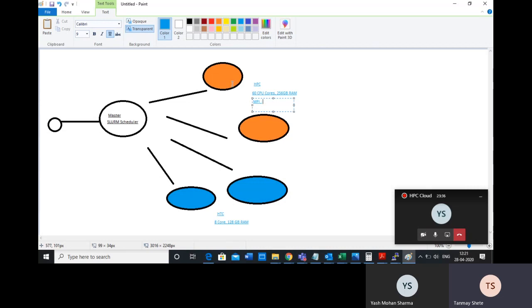So if you are definitely going beyond 60 cores, we recommend you to use this. And if you are not going beyond 8 cores, then you can use these machines. So that is the thing. Beyond 8 cores, generally we will recommend this machine. Any questions until now? No, it's going well.